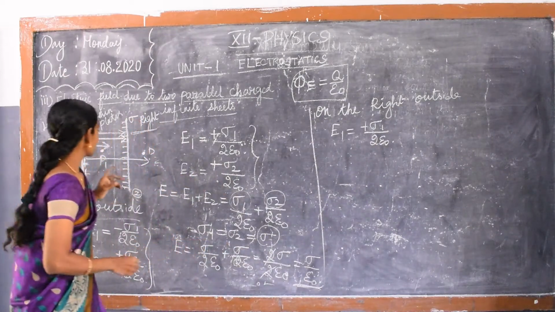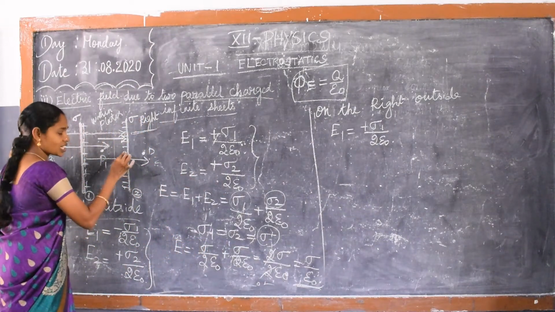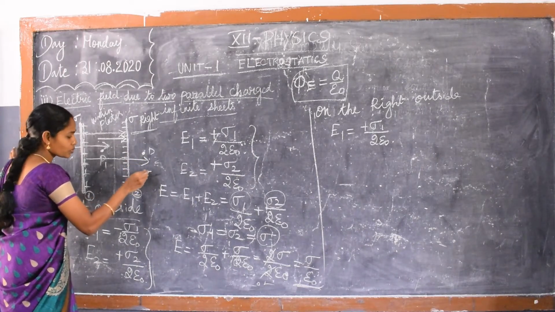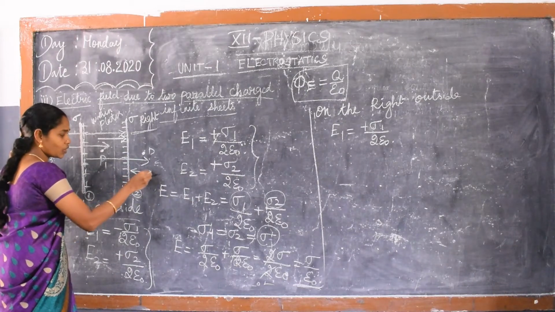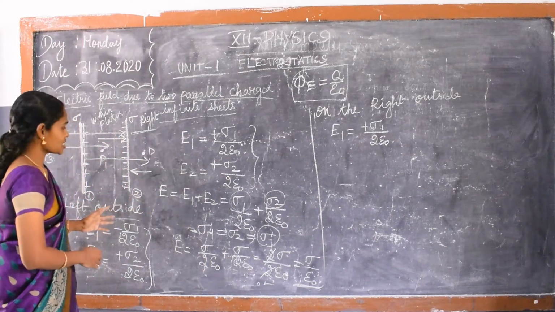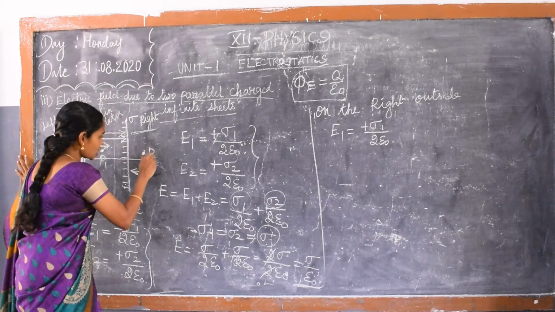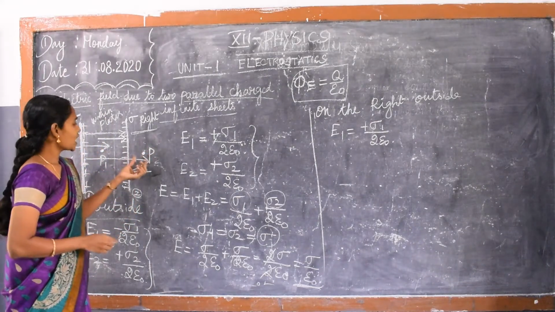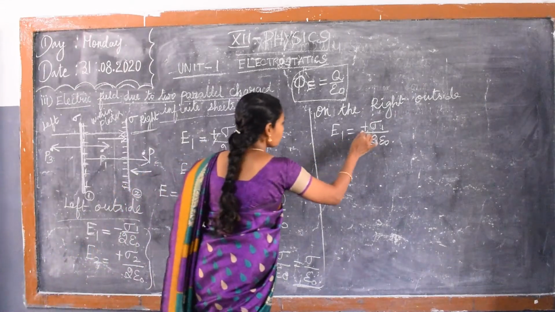Okay, next, what is the electric field value due to the second sheet? The second sheet has negative charge. So at this point, how will it be? Radially inward. For negative charge, the electric field is radially inward. We are now considering only the right side region, so leave these others; only this one. For positive charge, how is the electric field? Away from the charge. So the direction of the electric field line is towards the right. So here I put a plus sign.